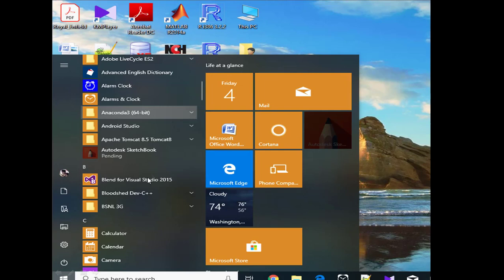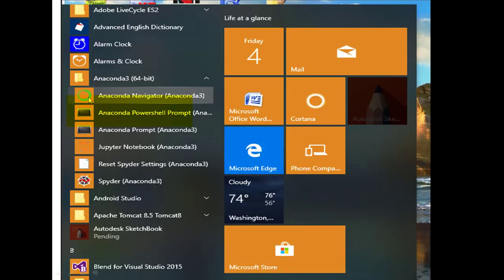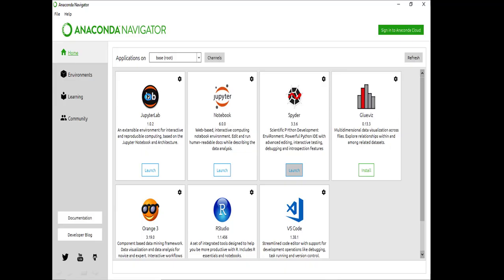When it is installed, go to your Windows programs and you will find Anaconda appearing like this. Anaconda 3. Click it, then you'll see this logo, Anaconda Navigator. Now click here, then after a few seconds